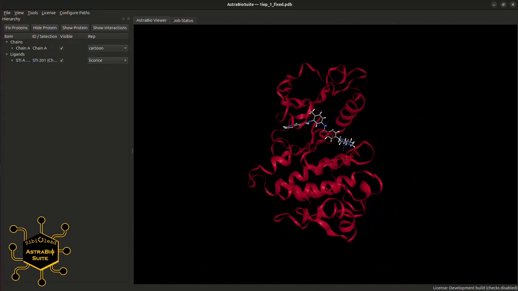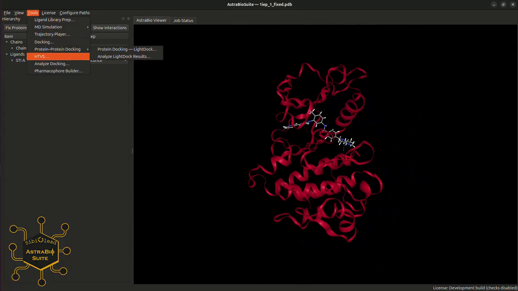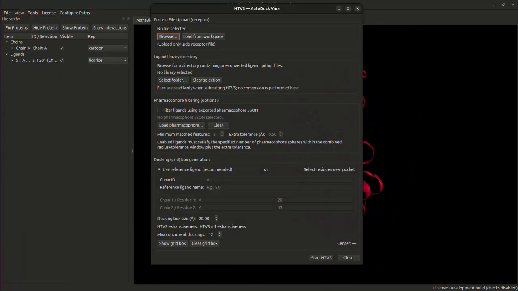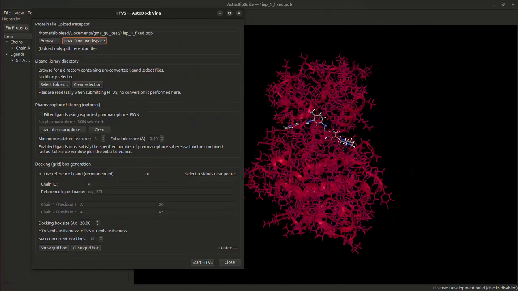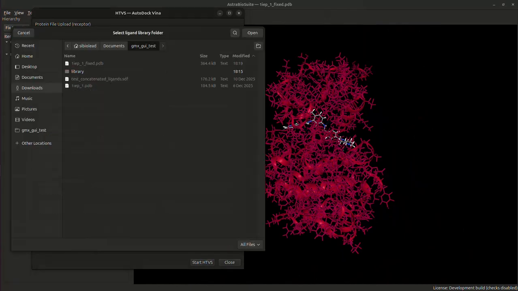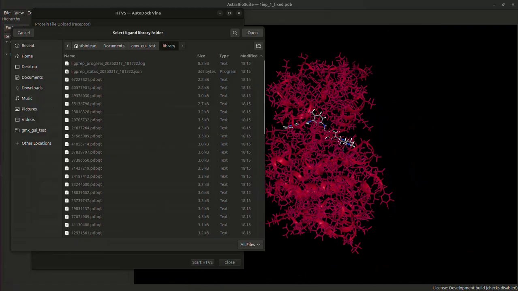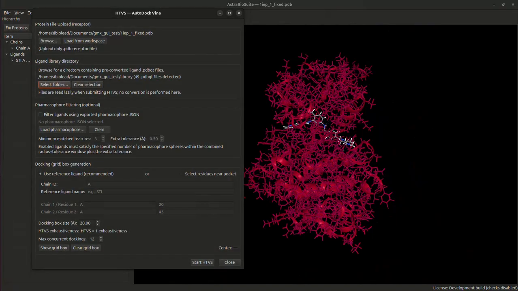Next, open the HTVS module from Tools, HTVS module. You can either load the prepared protein structure directly from the workspace, or browse and select the fixed PDB file. Now, select the ligand library that you previously generated using the ligand library preparation wizard. Please note that the HTVS module uses AutoDock Vina for docking calculations, and therefore only accepts ligand libraries in PDBQT